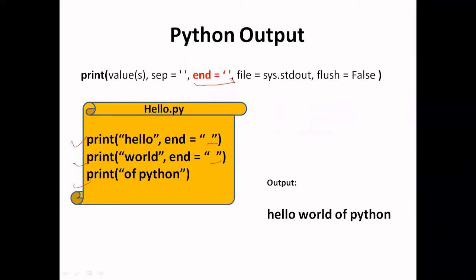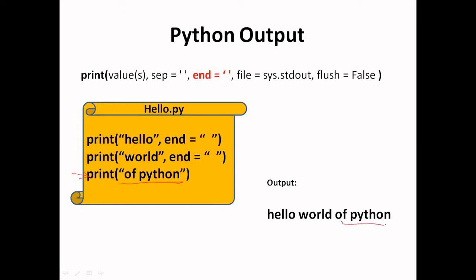So after the hello string we will get a space, then the second print statement will be executed, that means world will be printed, and after printing world the end argument will be executed. So here it is a space character, so after printing world we will get a space character, and after this the third print function will be executed, which will print of Python.